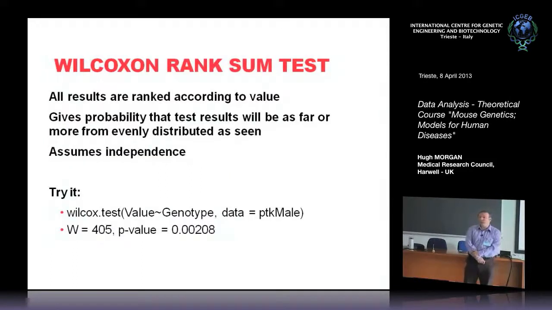Another test I might use would be the Wilcoxon rank-sum test, also called the Mann-Whitney U. Here, you basically put all the results in order, and then you see, is one group more towards the end of that list than the other? So in this case, because the mutants were lower, you'd actually see more of the mutants at the lower end than the higher end. And this actually gives a p-value for finding that difference in distribution, given that they were all one